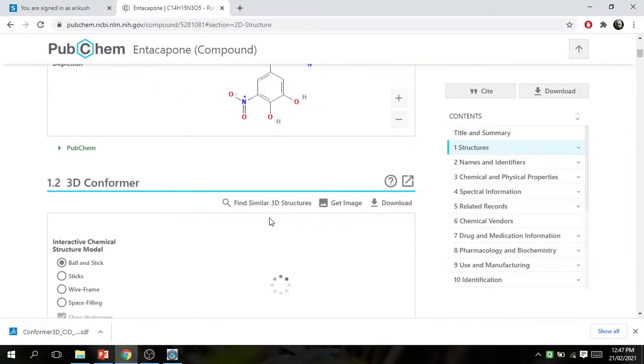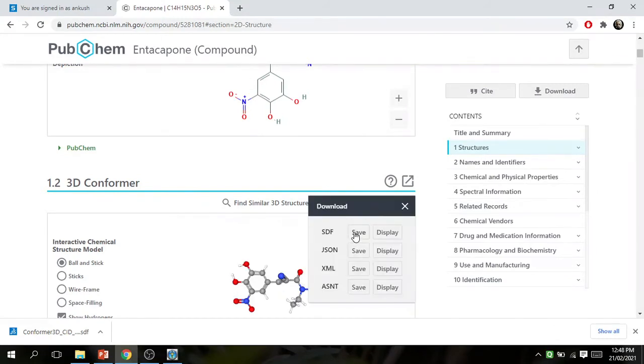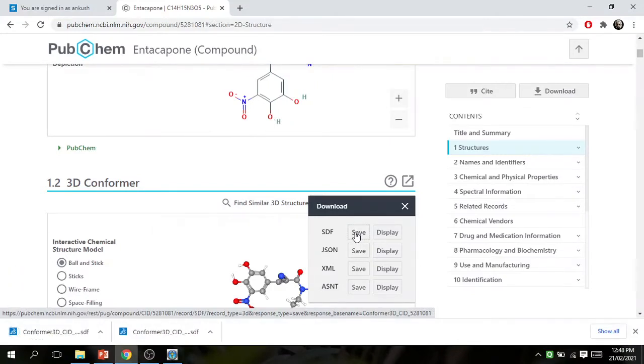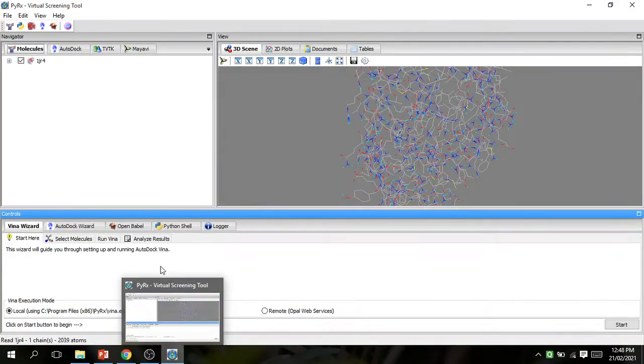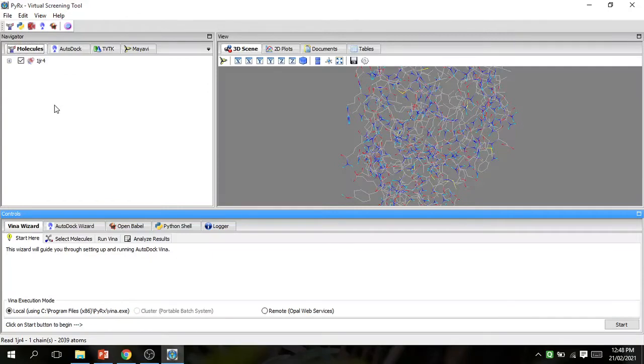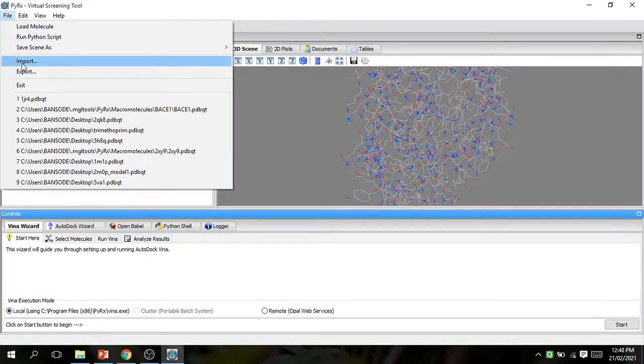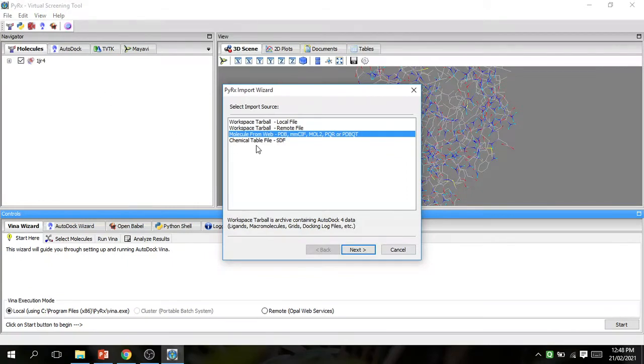I want the 3D structure of entacapone. It is a 3D structure. Go to download and download the SDF file. Save. The download is completed. Open Pyrex. For the ligand, go to File and Import, and select chemical table file, SDF.